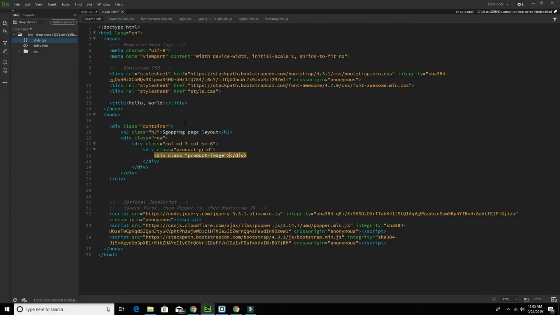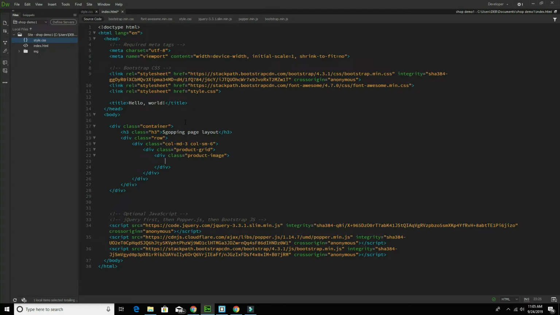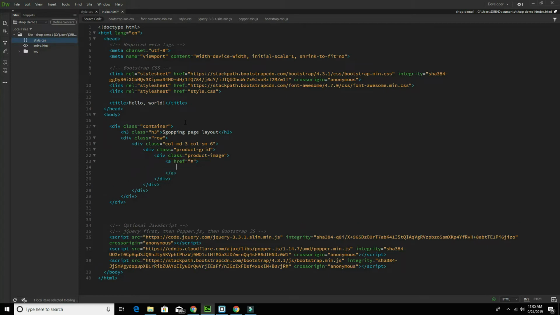Okay, after that take an anchor tag, href I'm keeping it empty. Close the anchor tag. In between take an img tag for the image, and for the image class will be pic1,